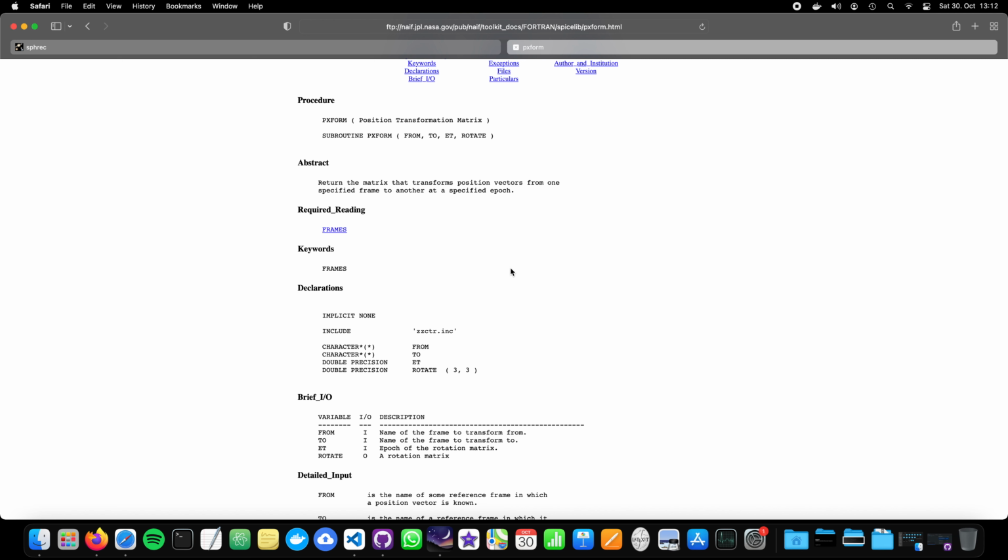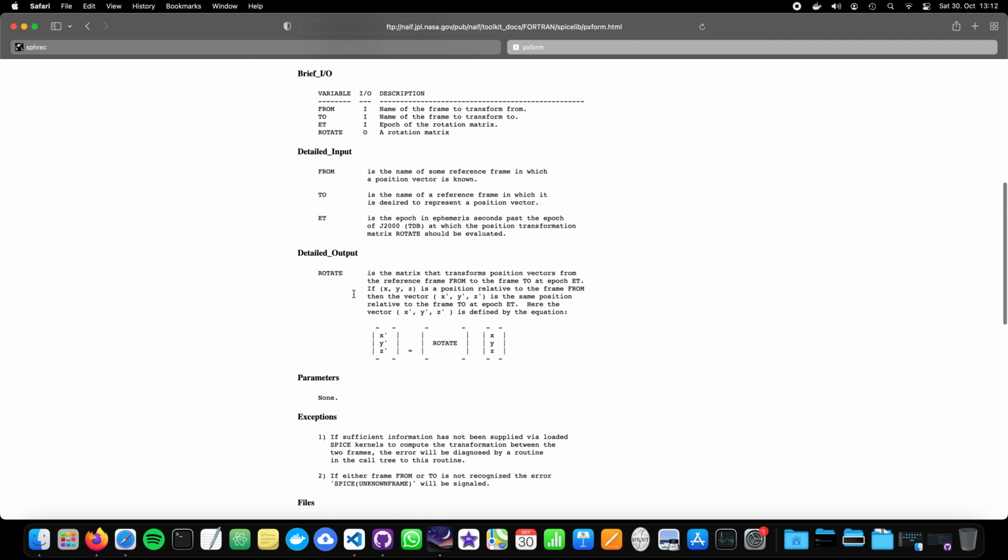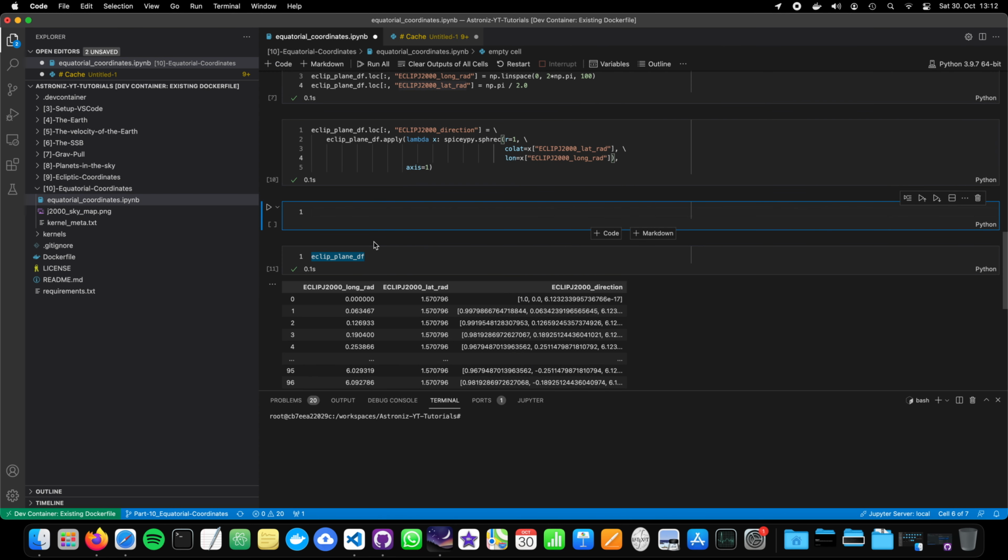But we have to provide a time, so we can just use the ephemeris time of today's session, let's say. And then we have to apply the matrix for the conversion. And how does it look like? Here's how it looks like. This is the matrix we get, the 3 times 3 matrix, and we can apply it to a vector xyz, and we get new xyz vectors that correspond to our output frame. So we will see how this works in a moment. Now we want to convert ecliptic coordinates to equatorial coordinates, and this will be a matrix 3 times 3, and